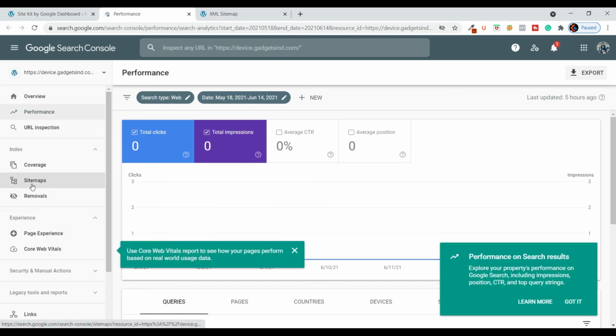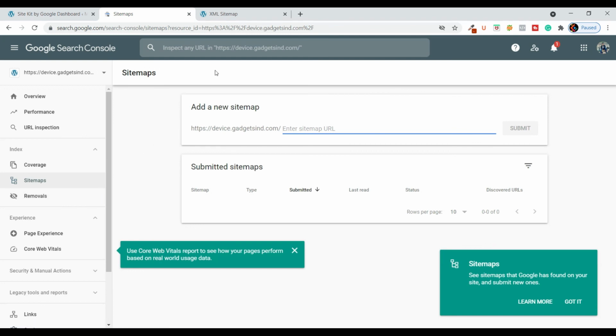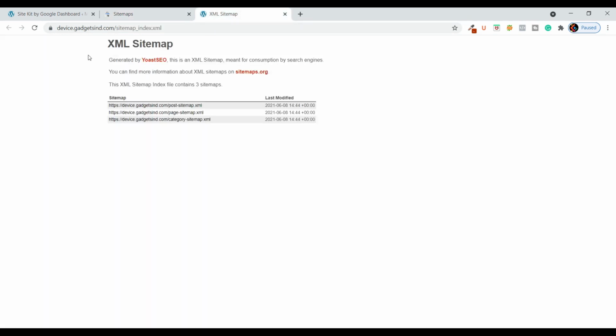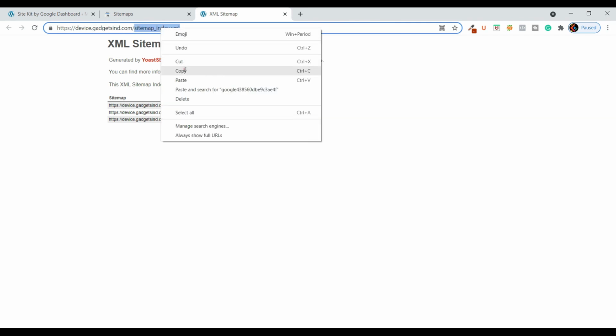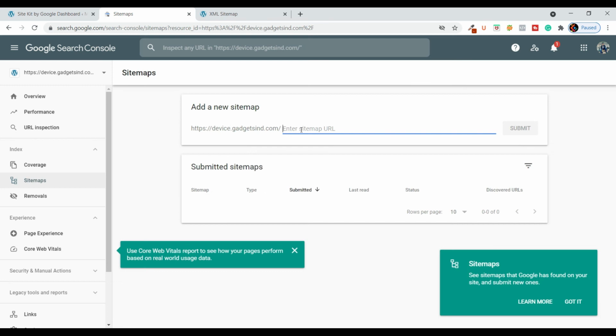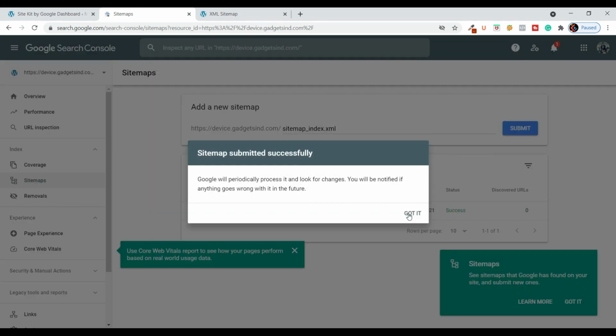Click on sitemap and go to XML sitemap. This is the XML sitemap. Copy this URL, sitemap_index.xml, and paste it here and click submit. So the sitemap is successfully submitted.